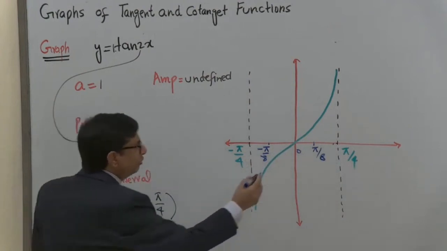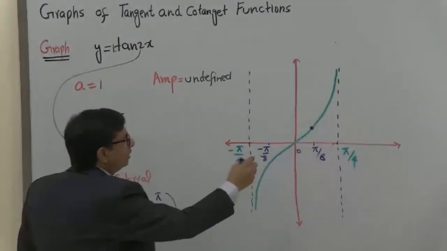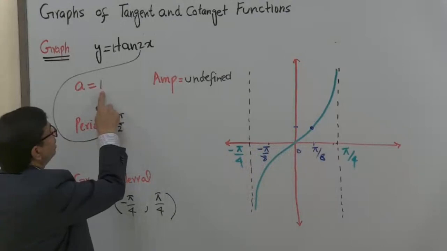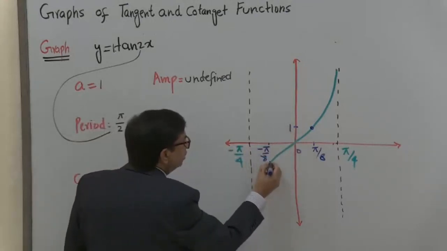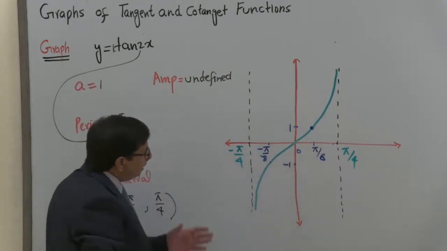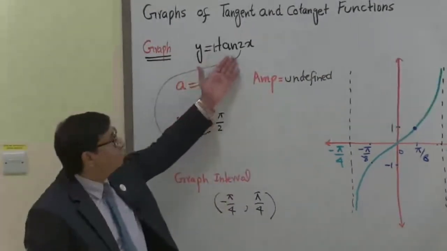Directly over this, find this point of inflection. And here the value is this one, whatever number is there, this is 1. And same under this, on this side you take negative 1. This is the graph for the function y equals tangent 2x